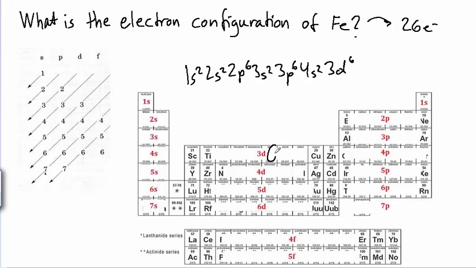Now that means that iron has the same electron configuration as argon, which I'll write down here, plus 4s, which is filled. So we have 2, and then 1, 2, 3, 4, 5, 6 electrons in the 3d. So like this. Now we have two ways of finding the electron configuration.